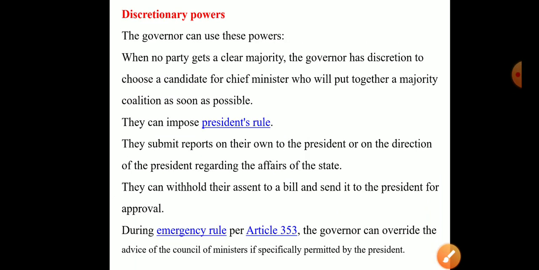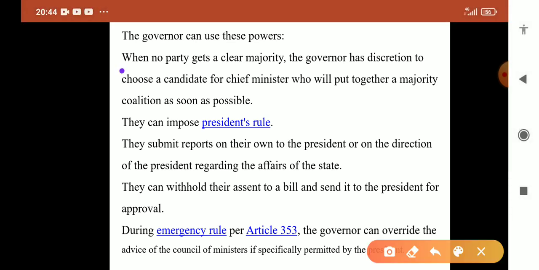नेक्स्ट है डिस्क्रिशनरी पावर. So governor can use these powers, right. These are discretionary powers and he doesn't need any kind of advice from council of ministers or chief minister in this matter. Let us see what are those. When no party gets clear majority, the governor has discretion to choose a candidate for chief minister who will put together a majority coalition as soon as possible, and they can impose